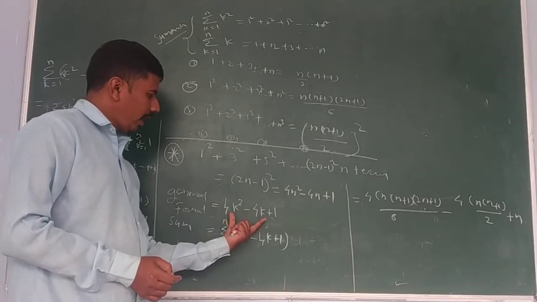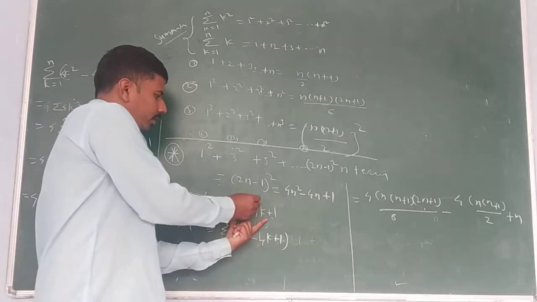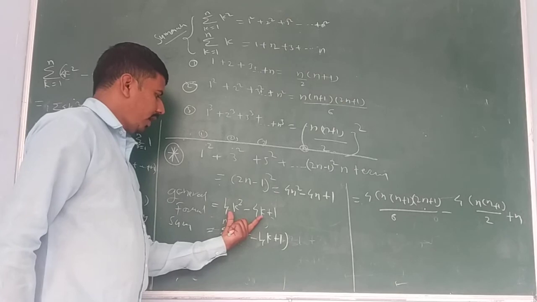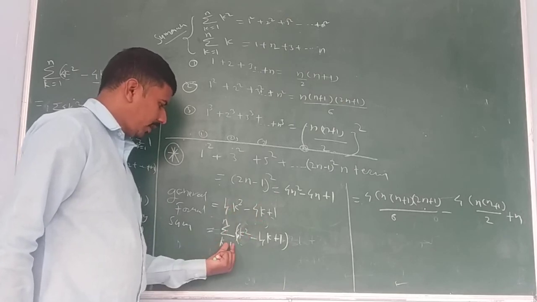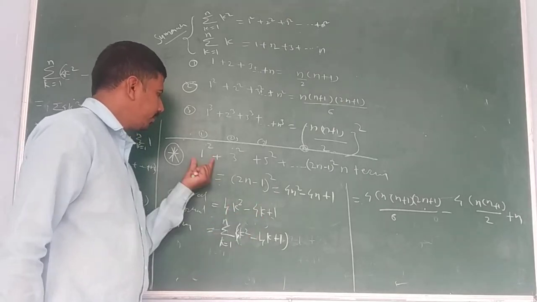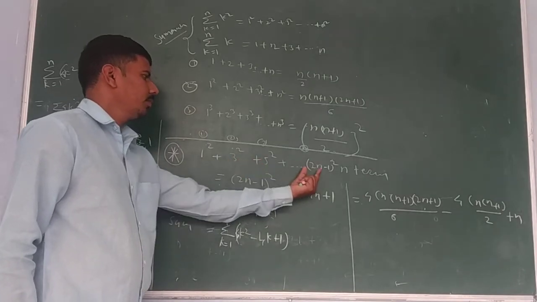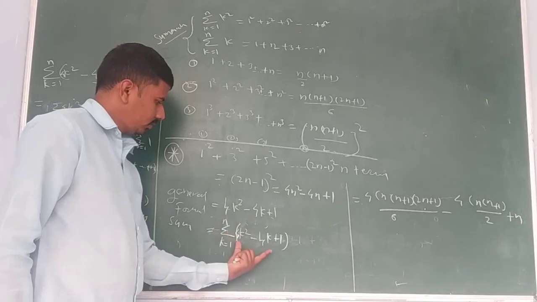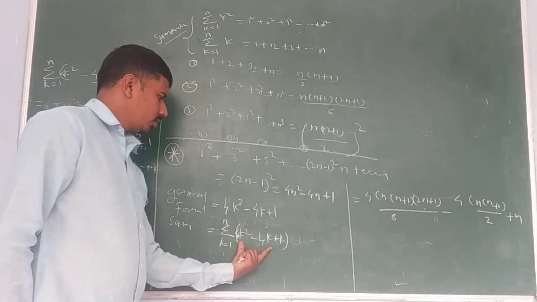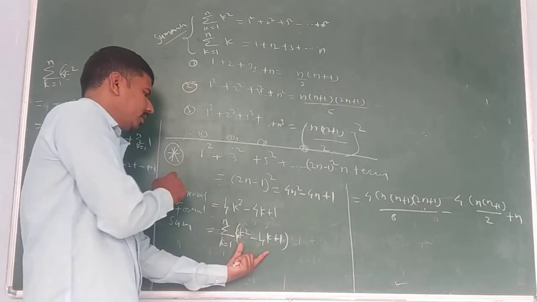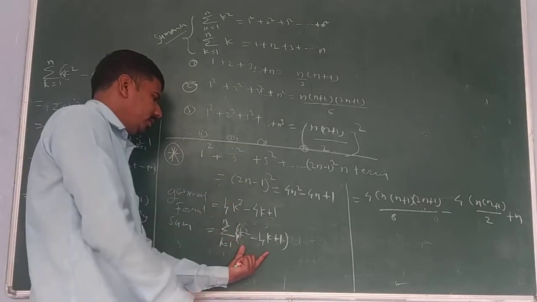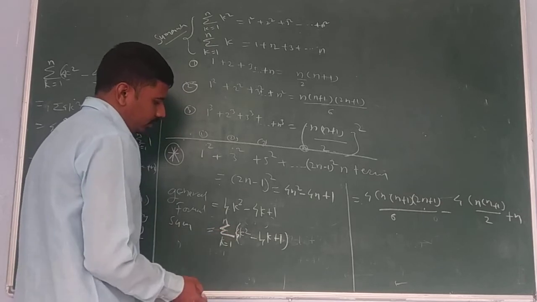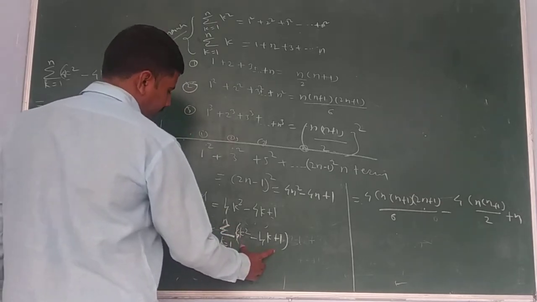We have to add the first term, when k is equal to 1, and the second term, when k is equal to 2. We have to add these n terms starting from k is 1 to n. So we have to add the first term, second term, third term till the n term. The general formula of any term is this. If we put k is equal to 1, we get the first term. If we put k is equal to 2, we get the second term. This is the symbol of summation, so we have to add all these terms.